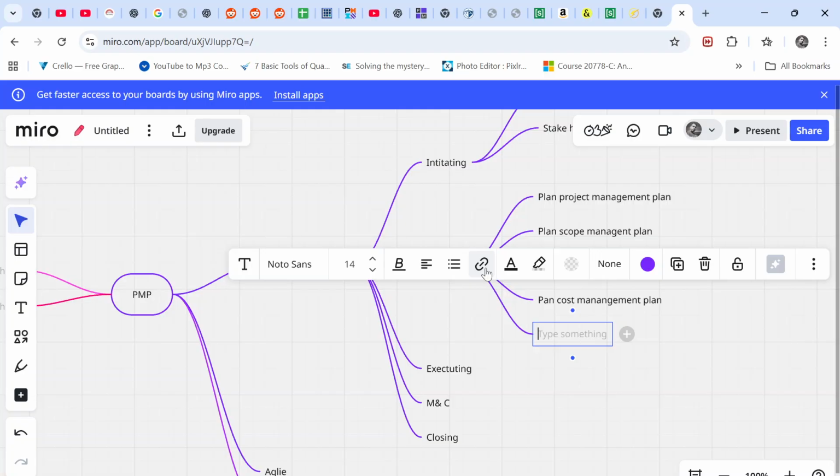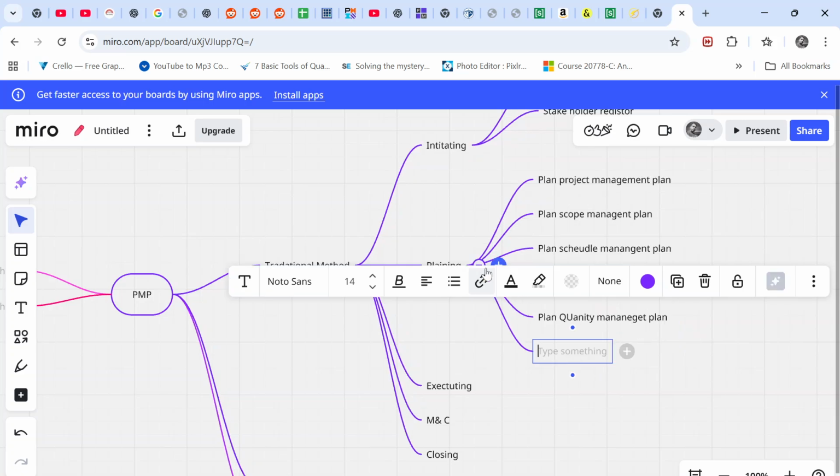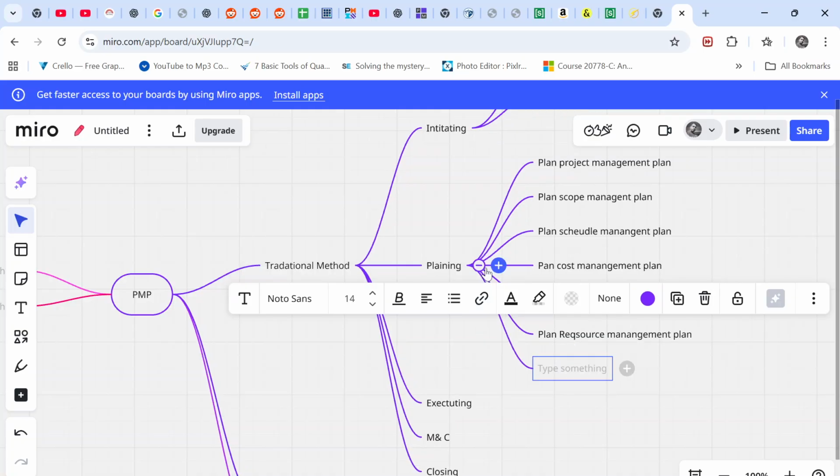After the cost, we have the quality management plan, and after that the resource management plan. Then once we have scope, schedule, cost,